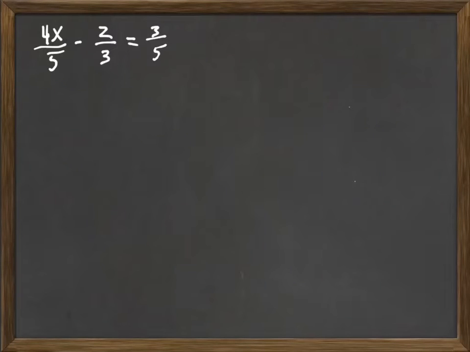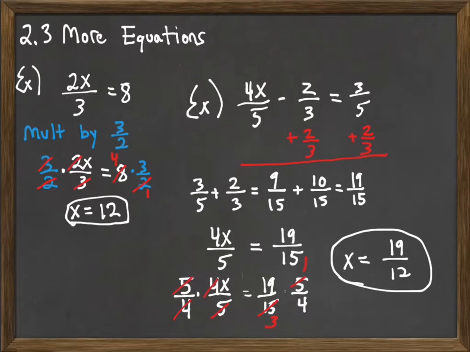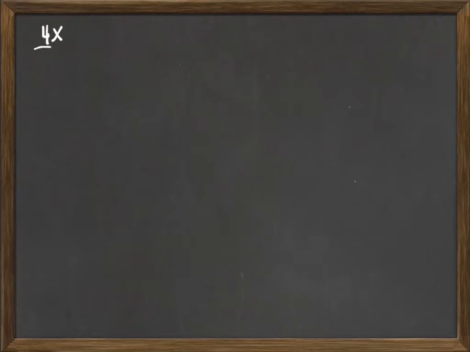Alright, so in this video we're going to redo a problem that we've already done. It was a problem we did in the previous example where we solved the equation working with the fractions and eventually got our answer here, 19 over 12. Okay, we're now going to approach this problem a different way, and we're going to approach it by making the